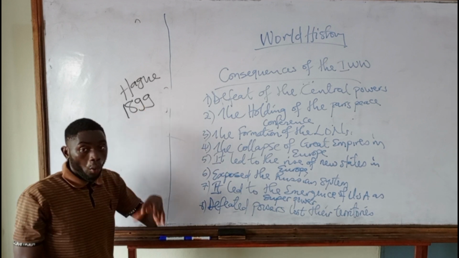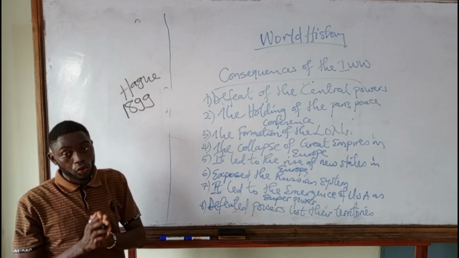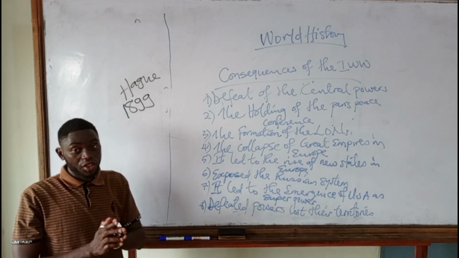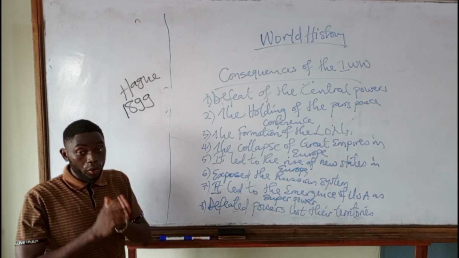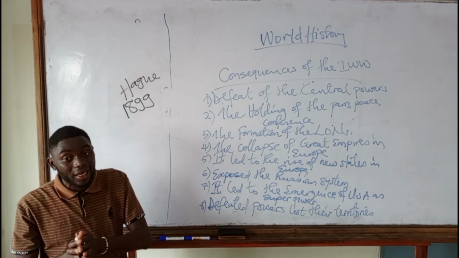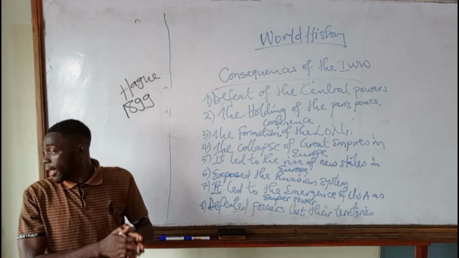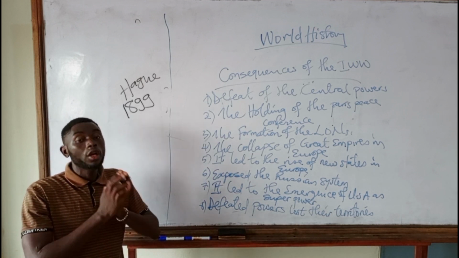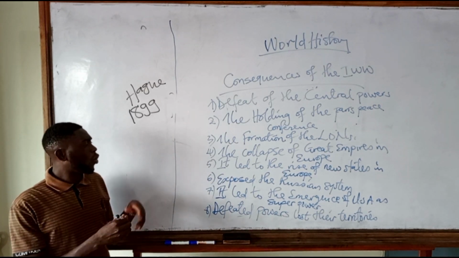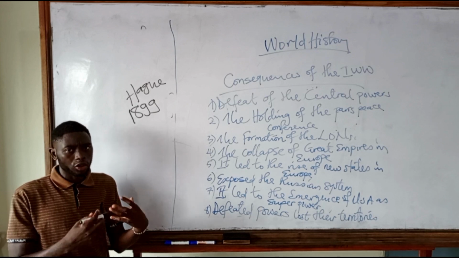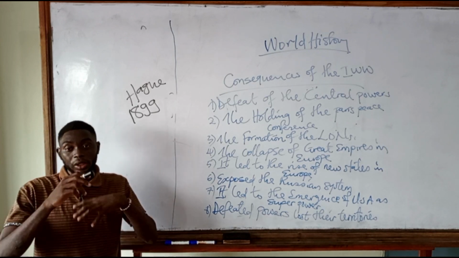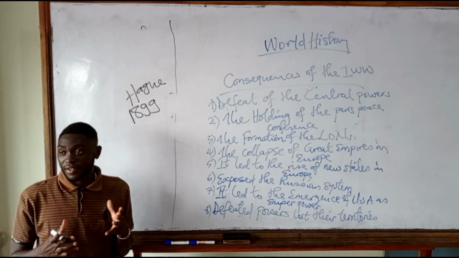That is why when Austria and Serbia had an issue, when Archduke Francis Ferdinand was assassinated on the 28th of June 1914, we saw Serbia ask Austria that they should take the issue to the Hague or to the International Court of Justice. Alright, that the issue should be taken to court. Who was the person who demanded that the issue should be taken to court? Serbia asked Austria that the issue which led to the assassination of Archduke Francis Ferdinand should be taken to